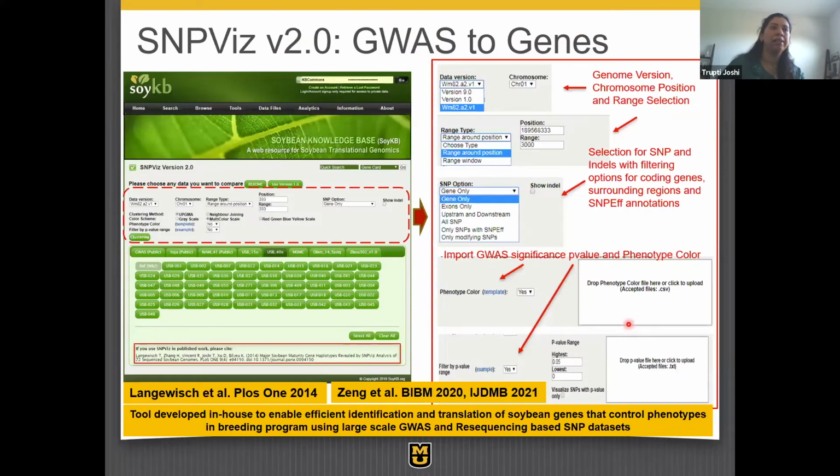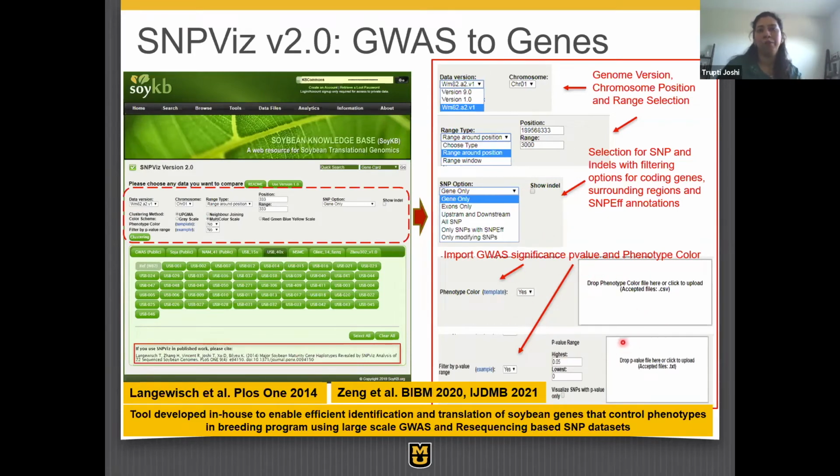What came following that is that we were more interested in looking at how to take all of this data and link it back to the phenotype, so that you can make better decisions about which areas are showing differences in terms of alleles or which is important to tap into in terms of breeding. For that, we built the SnpWiz tool, an advanced version where you can decide what data sets you want to combine, select which genome versions or chromosome regions you want to focus on, and select the SNP effects you want to focus on, whether you only want non-synonymous changes or those impacting coding genes and others.